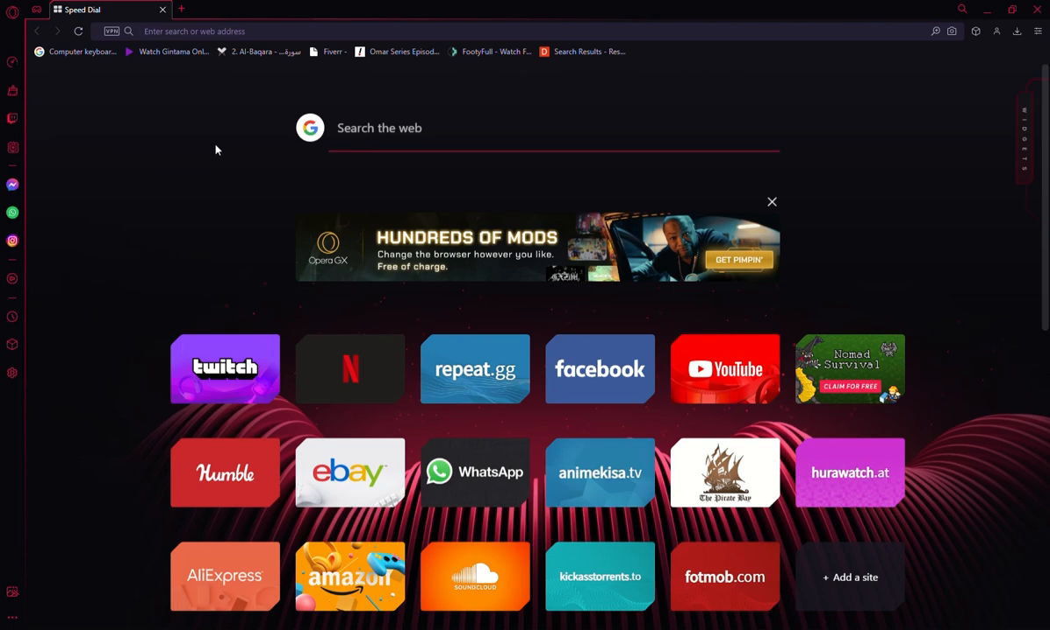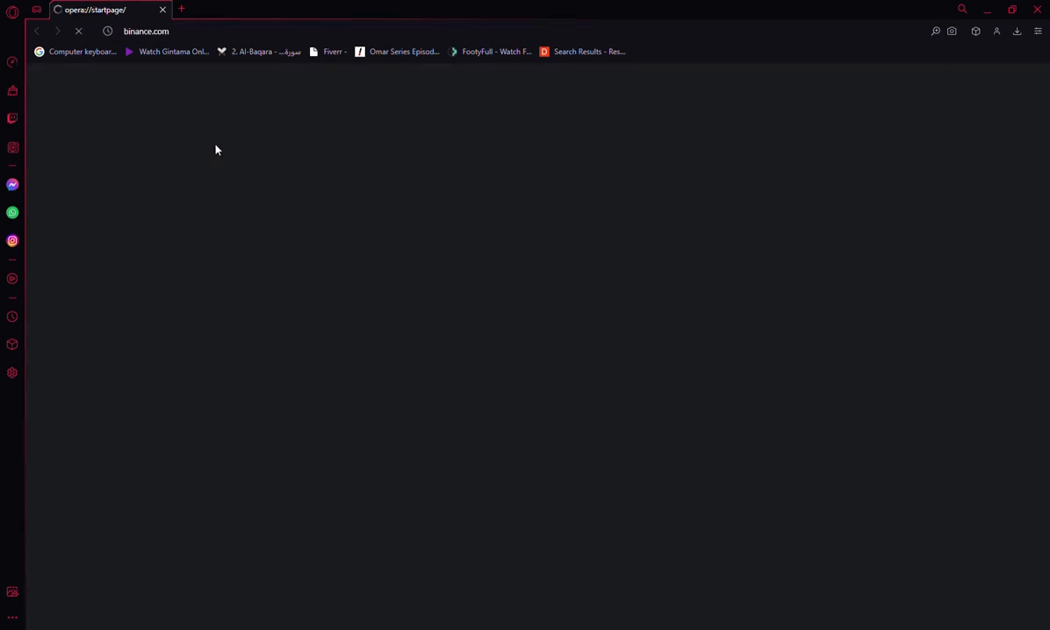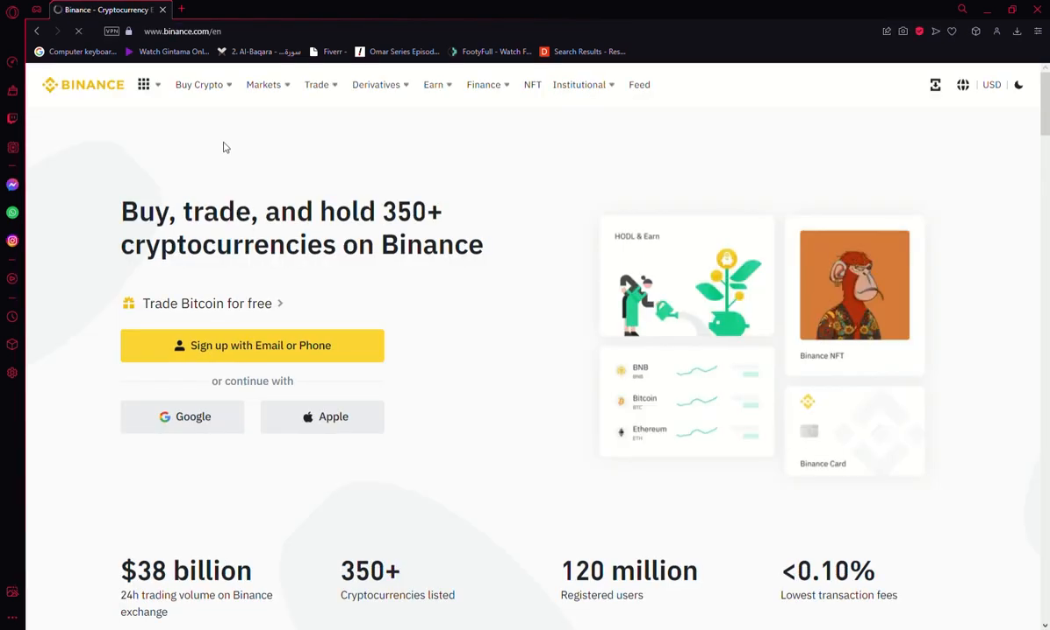Hey guys, today I'm going to show you how to sell a coin at launch in Binance. So let's get started. The very first step is to go to Binance.com, and once you are here at the